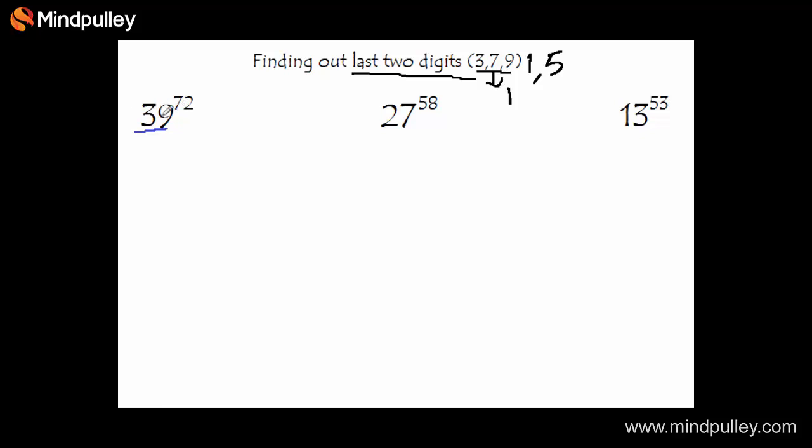Now 39 squared, we can write it as 39 times 39. The last digit is 81, 8 carry, then we put a cross here. 27 plus 27 plus 8, we have the value 62. Now we require only the last two digits, so we have the value 21, and 72 over 2 is 36.